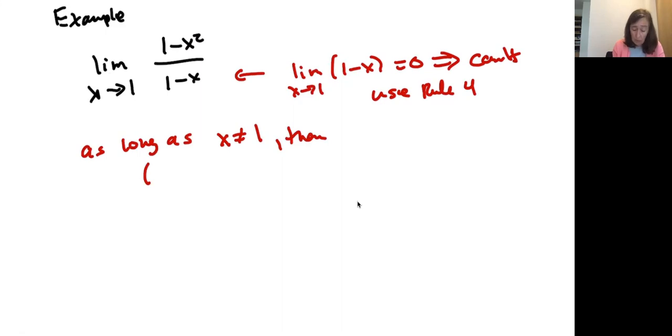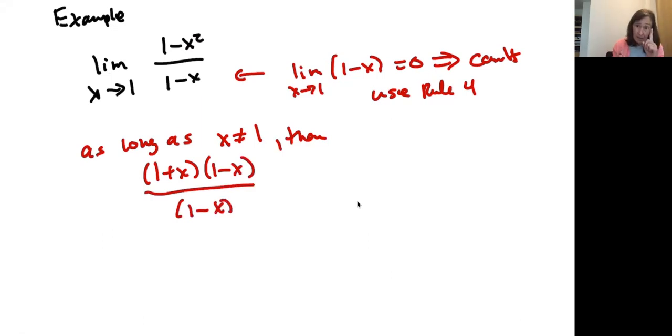That's the difference of perfect squares, right? It's 1 plus x times 1 minus x over 1 minus x. And as long as x is not exactly equal to that point where this function is undefined, these are the same. Okay, so I can do this cancellation